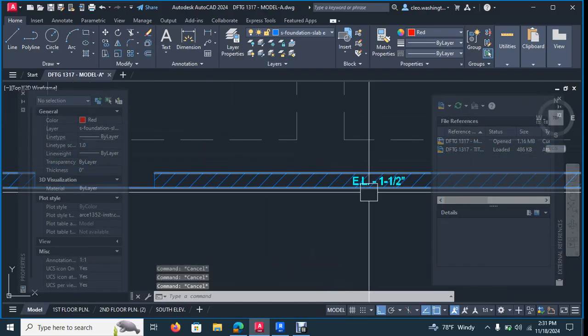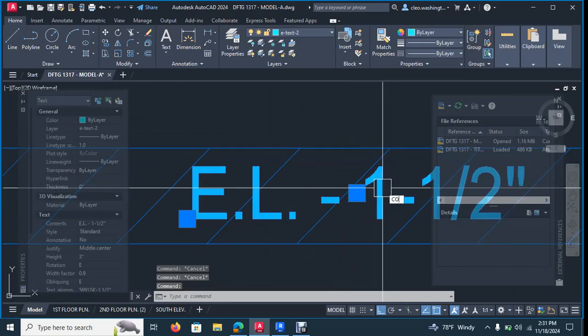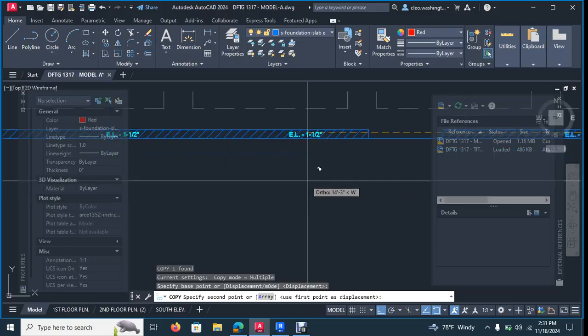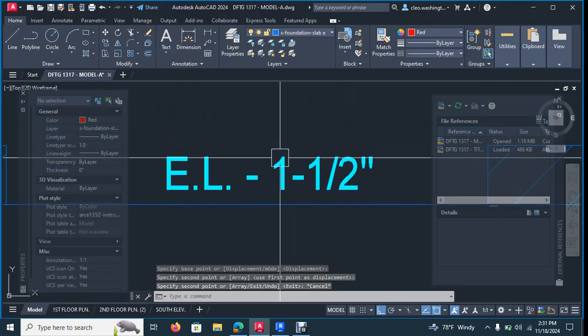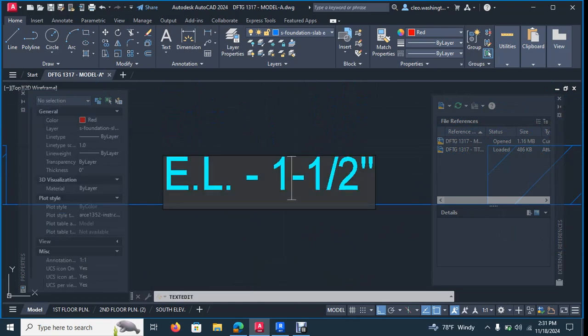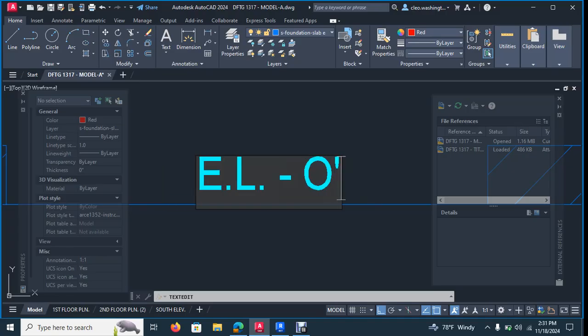Then you would come here, copy this guy, and then you place it right here, and it'll say EL 0 foot 0 inches,